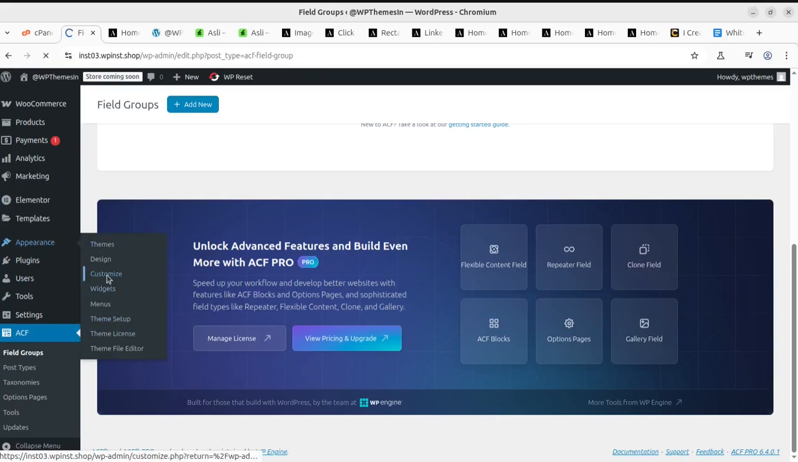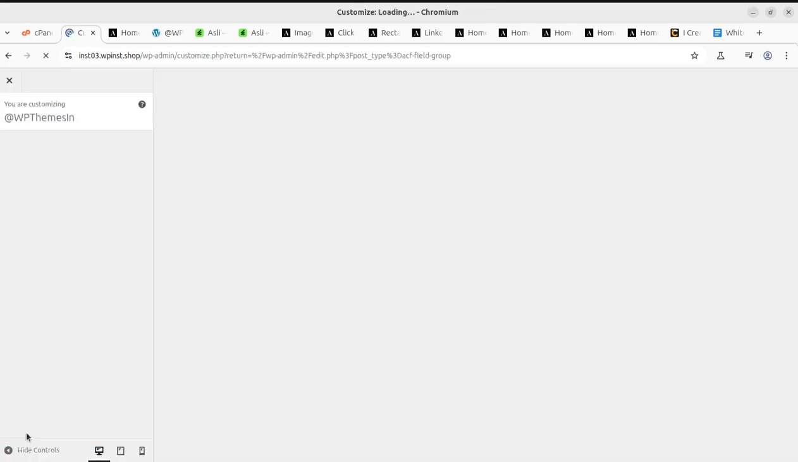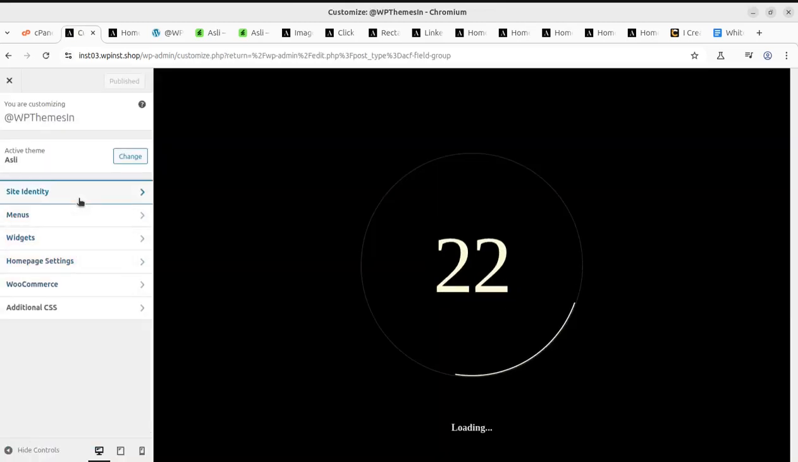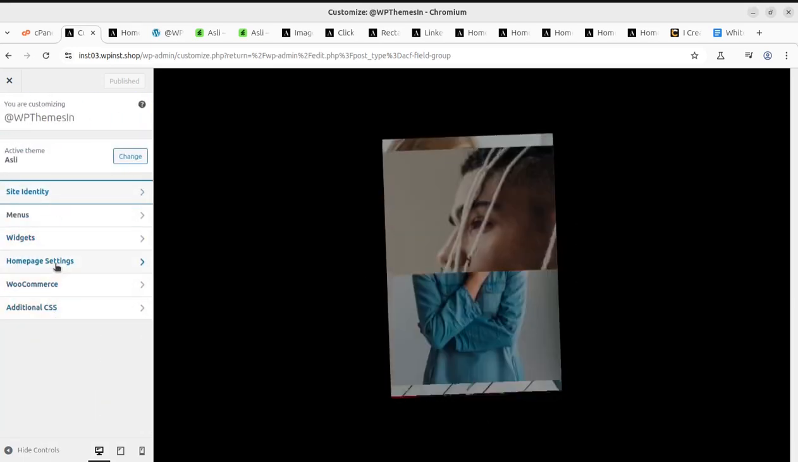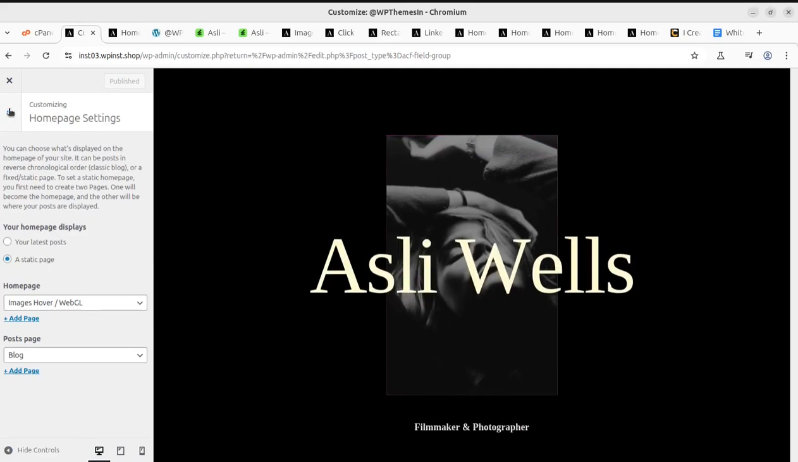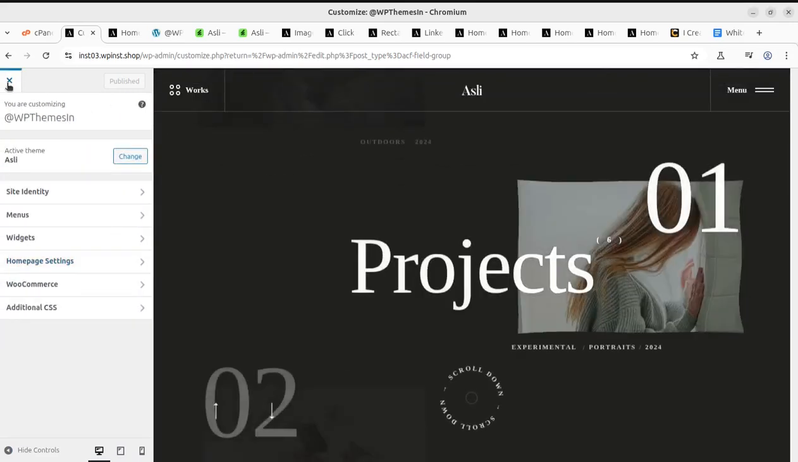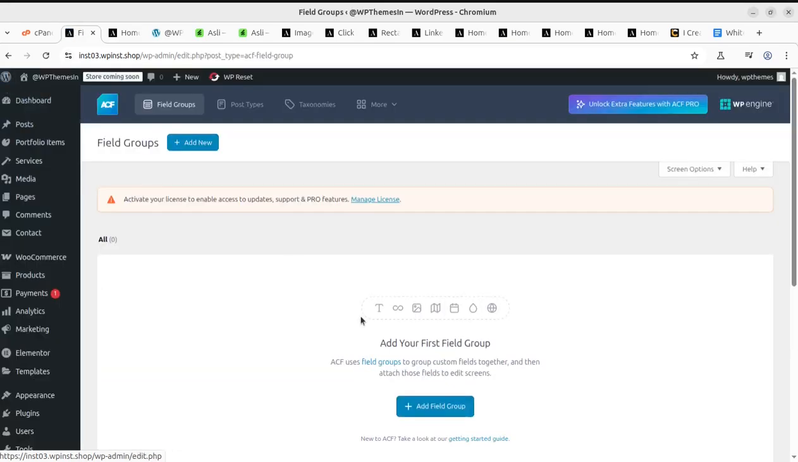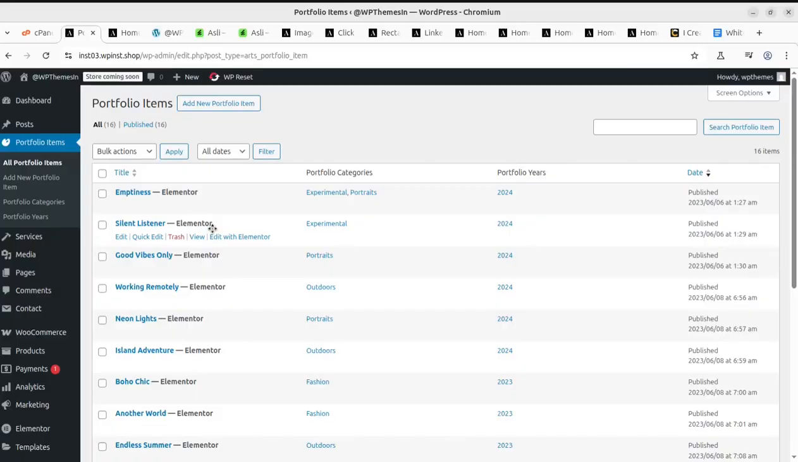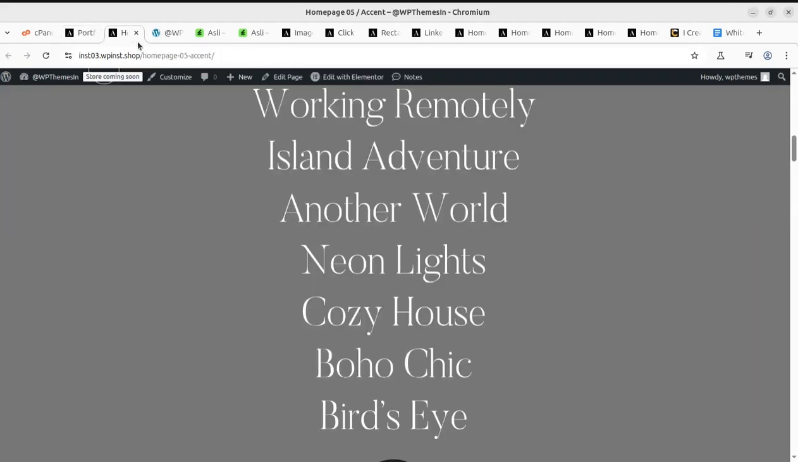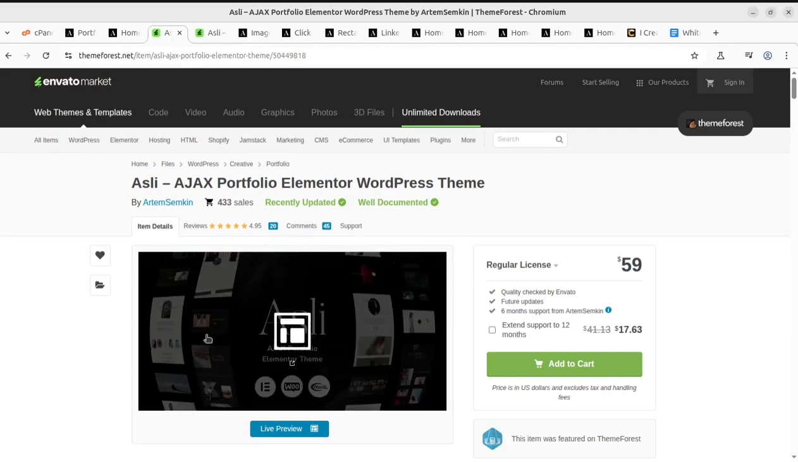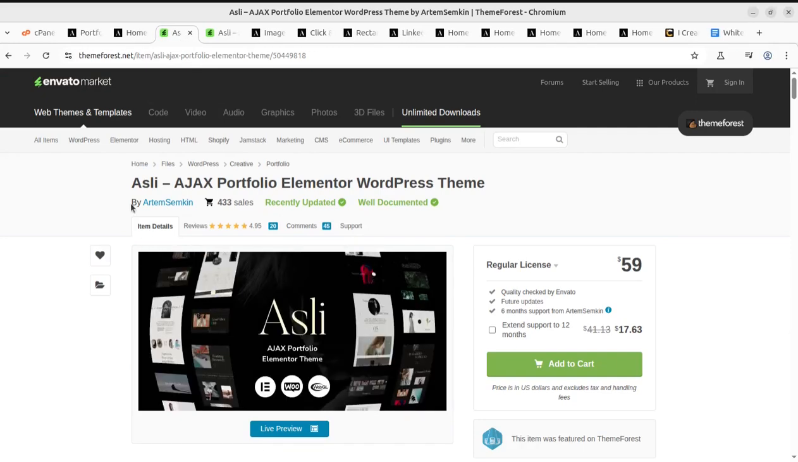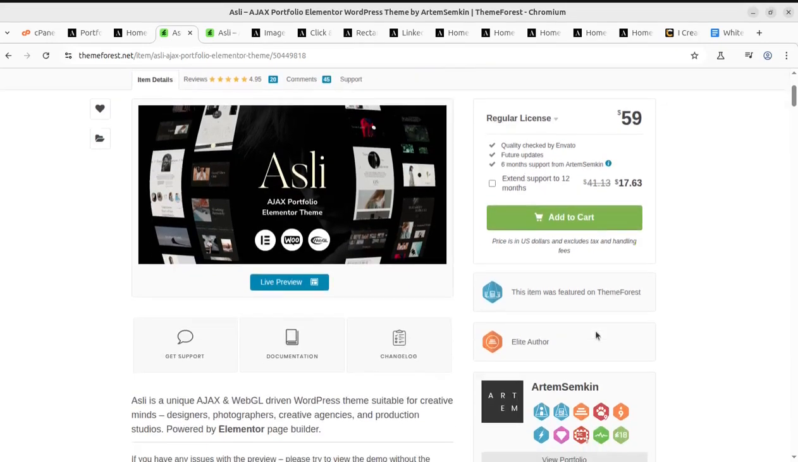And the basic customization option, there is no theme panel I can see here. So the basic customization options like identity, like logo, you can change here in the customize options, and these things are very simple, and you can simply use the Elementor page builder to handle all the content throughout your website. I feel I have already shown you much of the things about this theme, and you can create an amazing portfolio website using the Asli WordPress theme. I must tell you, this is a very advanced Ajax portfolio Elementor WordPress theme, and it has been developed by